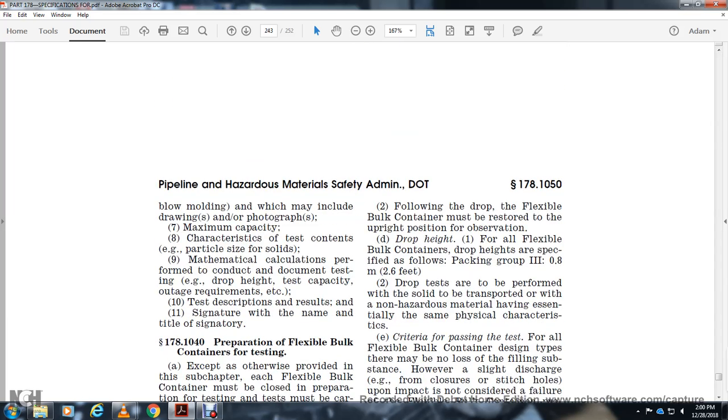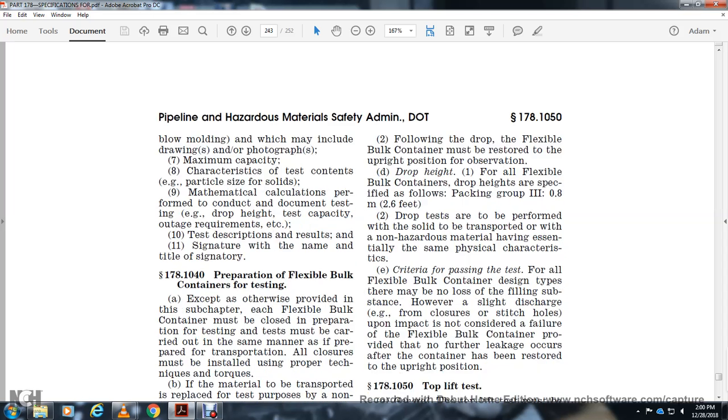Alright, blowing and molding, including along with the photograph of the maximum compatible characteristics typically contained with the particle type of the liquid, mathematical calculation form to conduct with the document if they apply, with the requirement of the description of the result, signature, the name of the signature, 17840, 1040, the preparation flexible ball containing the except otherwise provided, subject with the flexible part with the name of the class, the code with the